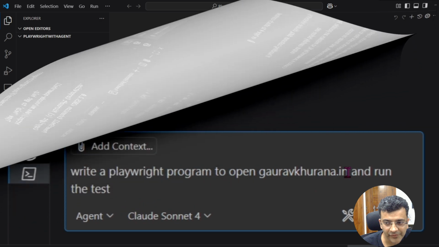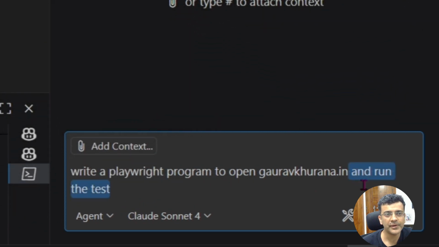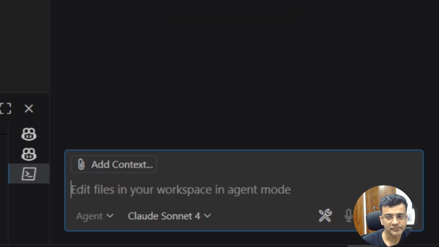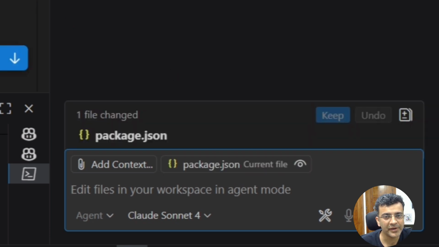And if you notice in my prompt, I have written run the test, but it has not run the test. Like ask mode, it just created it, suggested it, sorry. Edit mode has just created the files, but nobody has run it. So let's see whether agent mode can run it, or if there is something different it can do. I'll share the diagram also, how it works and how the agent mode is different than the other ones.